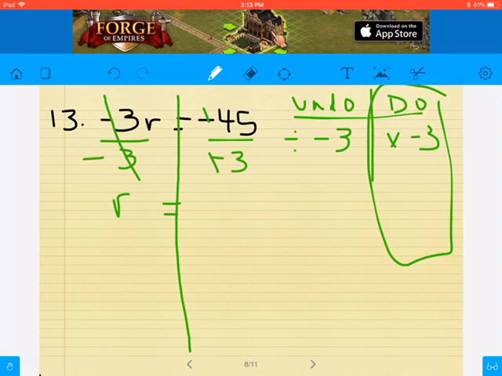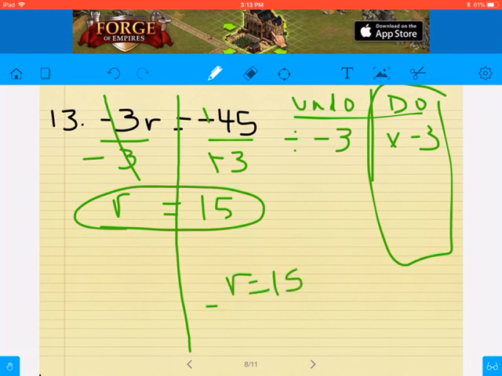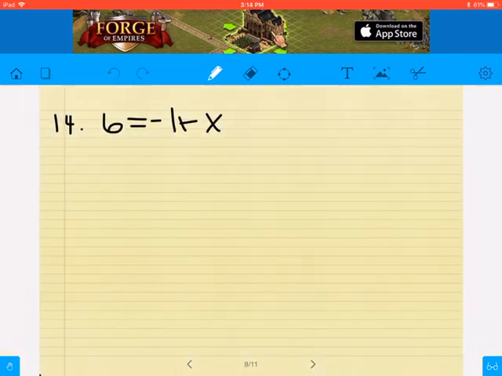So we're actually going to have a positive answer, which is going to be whatever 45 divided by 3 is, which is going to be 15. All right, if you put that into your calculator, you're going to get 15. So in this case here, our r equals 15. All right, and if I were to plug that back in, negative 3 times 15 does give me negative 45. Cool. Number 14. All right, similar